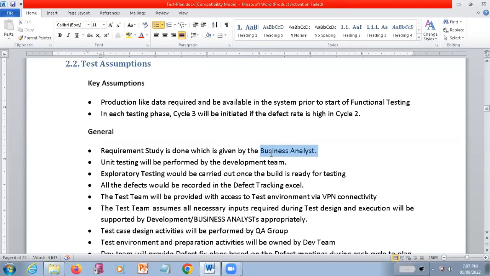But when it comes to us, the product owner takes care of the requirement study. And in some projects, the project manager is responsible for it. Who is responsible for which type of things is also going to be there in this test plan.